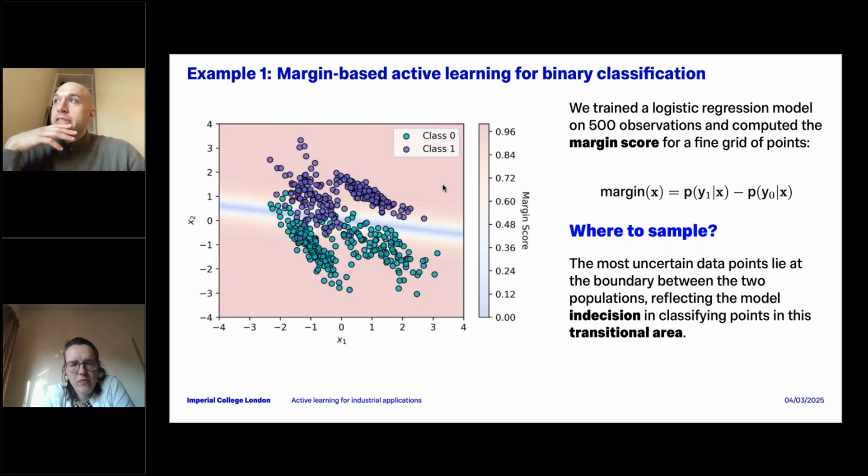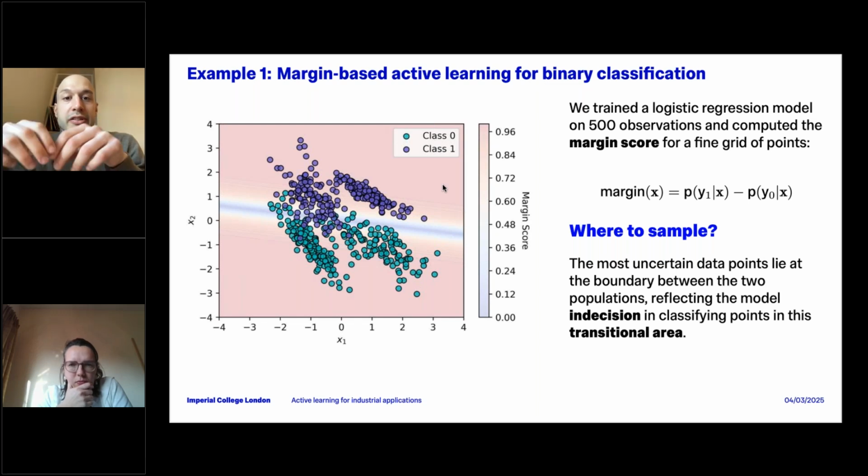The underlying idea behind this process is that if this difference is very high, the model is very confident about the prediction. For example, if I predict 0.9 for class 1 and 0.1 for class 0, the difference is high, and this means I'm very confident it's going to be class 1.